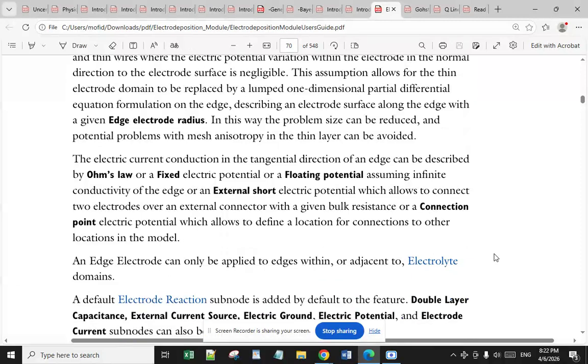describing an electrode surface along the edge with a given edge electrode radius. In this way, the problem size can be reduced and potential problems with mesh anisotropy in the thin layer can be avoided. The electric current conduction in the tangential direction of an edge can be described by Ohm's law or